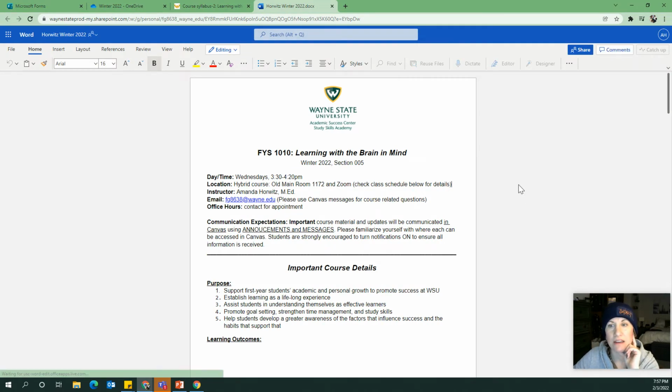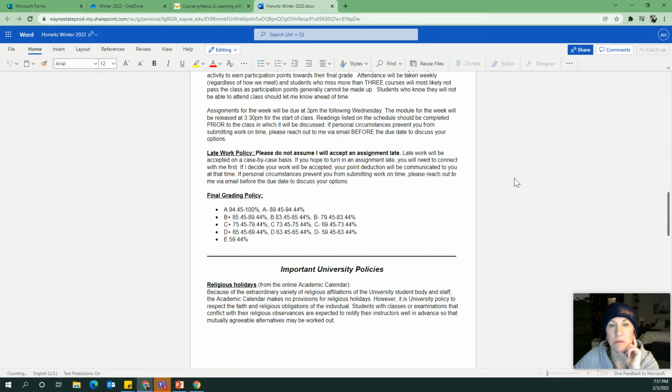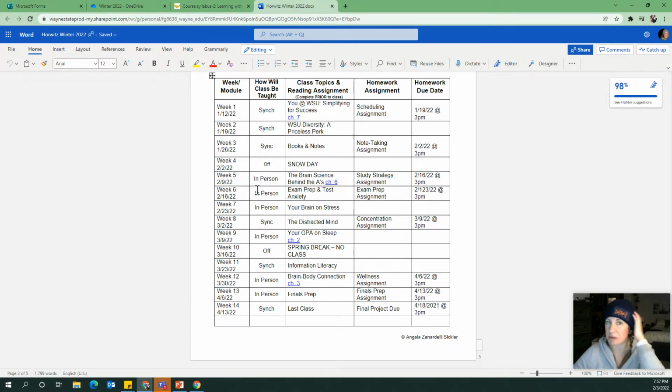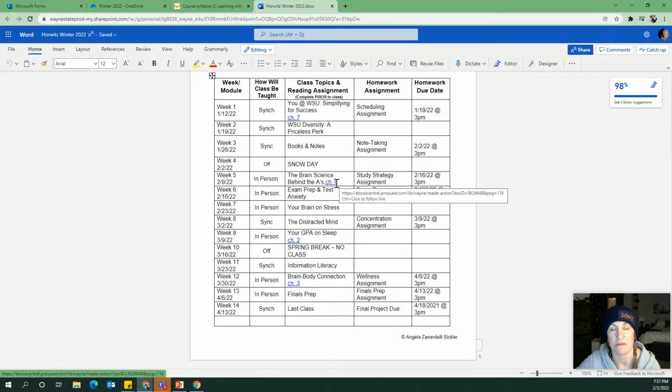If you scroll down to the bottom where the schedule is, I went ahead and took some time to update the weeks and include the snow day here so that you can see how our schedule is going to be adjusted to accommodate all of the content. If you look here, like I mentioned, the very first week of class, and hopefully you saw this when we were doing that syllabus scavenger hunt,